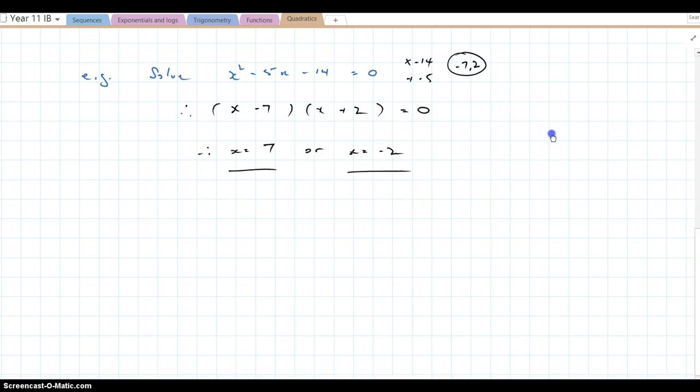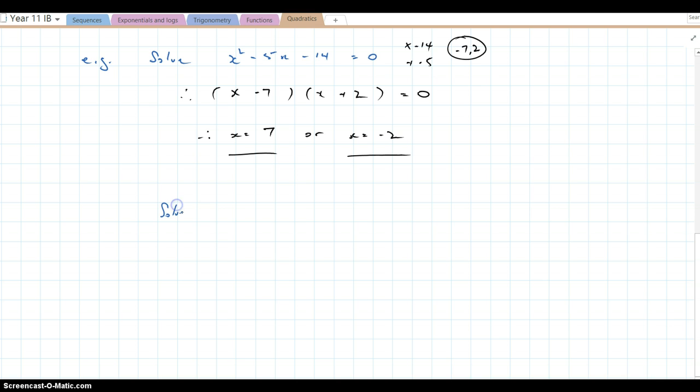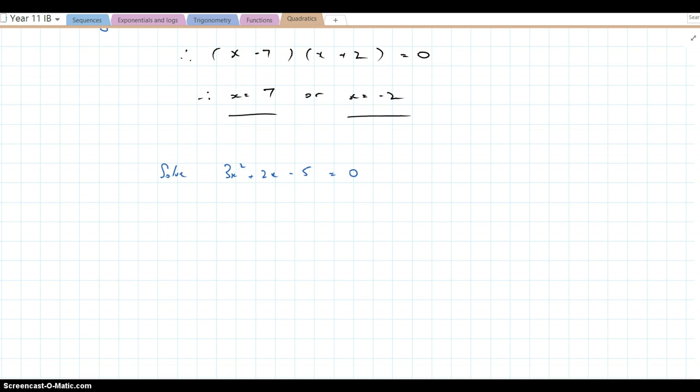Let's have a look at another factorization where we have to solve 3x squared plus 2x minus 5 equal to 0. Okay, so what do you bring to the party here? Well, there are different methods. With a prime number out the front here, this thing is called a coefficient. And because it's the coefficient of the x squared, which is the highest power, it's called the leading coefficient. Now, if the leading coefficient is a prime number, then I reckon we can probably